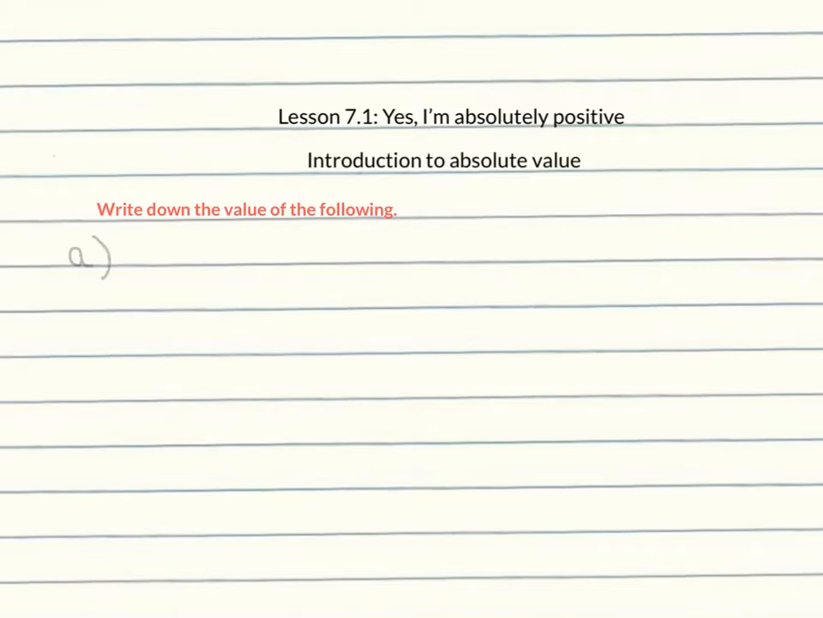Let's take an example. Find the value of the following. Absolute value of 35. As you can see here, 35, the value inside the absolute values is already positive. So what will come out is a positive value, which is 35. Another example. Absolute value of negative